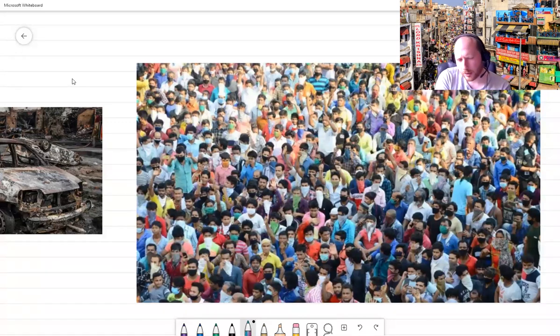Now, some people say this could have been avoided a little bit, because in most countries, like in Britain and America, the leaders say, right, we're going on lockdown in a few days. You've got a few days to get ready. Prime Minister Modi gave 3 hours. He said, right, within 3 hours, everyone needs to be locked down. Get in your houses now. So that caused a bit of a problem, especially if you live 1,000 miles away from your home. 3 hours is not going to get you there. Not unless you're a very good runner, like Sonic the Hedgehog. But I don't think these people are.